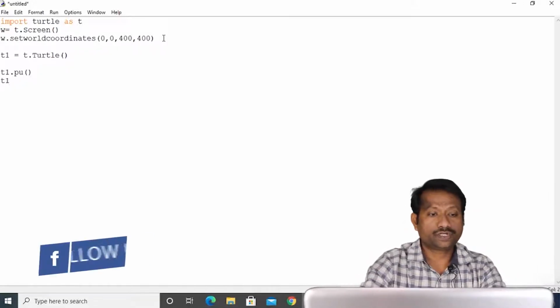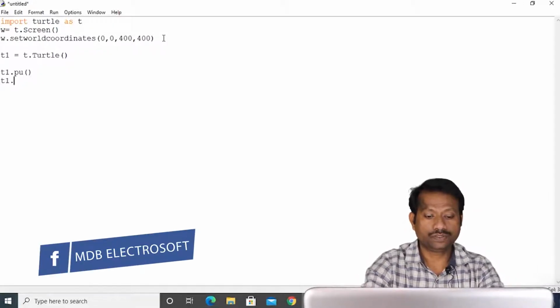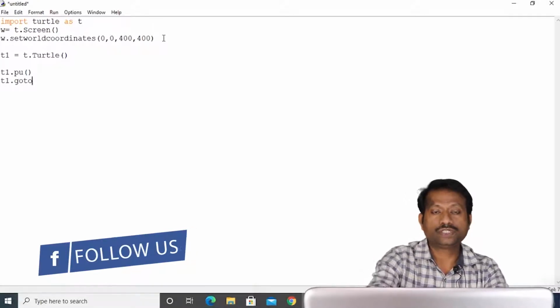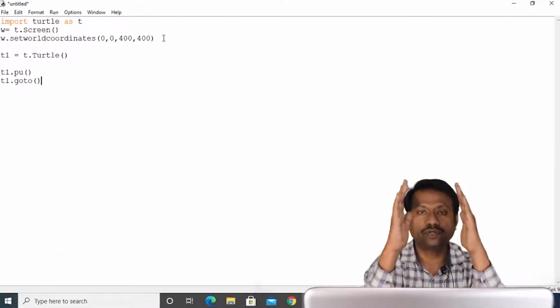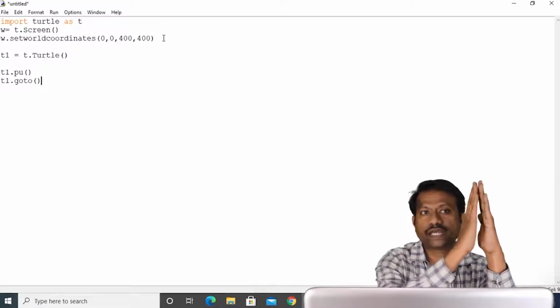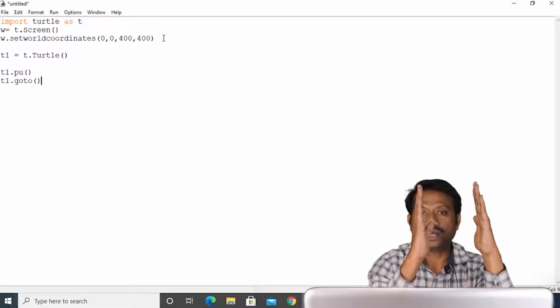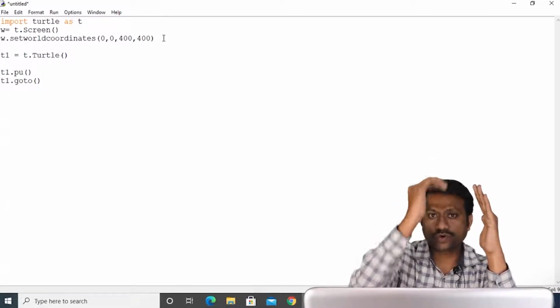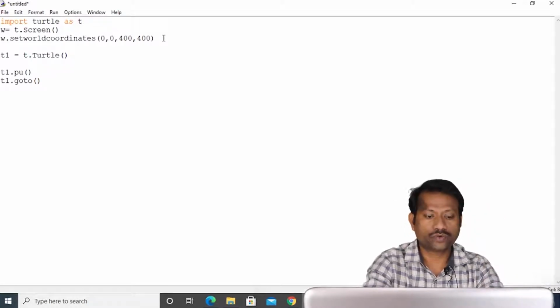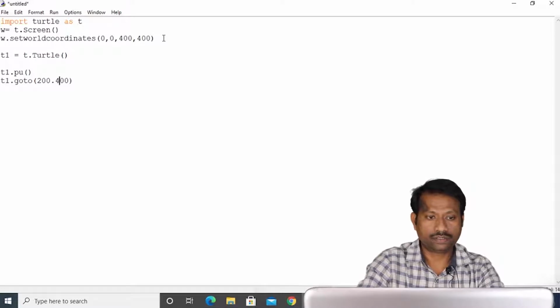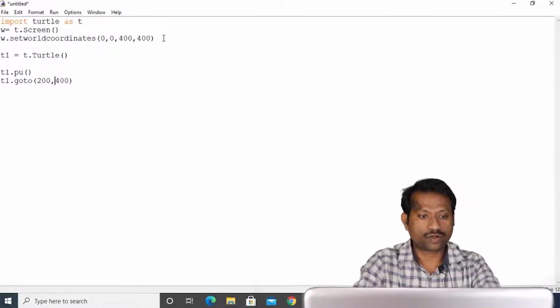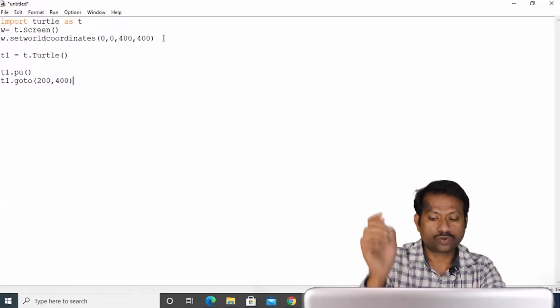I take this turtle to a position. Centrally we have to divide the window. It's 400 by 400, so towards the x-axis I have to go 200, and on the y-axis I have to go 400 points. So here we have to do 200, 400. Here it should be a comma, not a point. So it will go to that position.